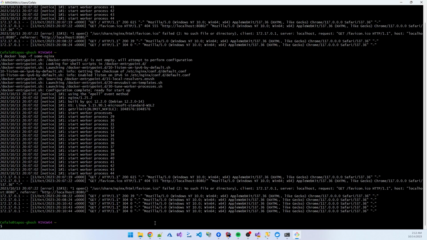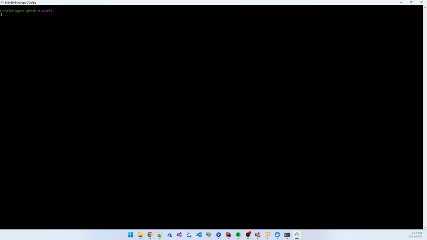So I'm now showing you the Docker network, how to manage Docker networks. Docker network ls. You see there are different types of networks already present there. Some networks are the bridge network, some are the host network, some are the null network. Okay. So if I create a new network,